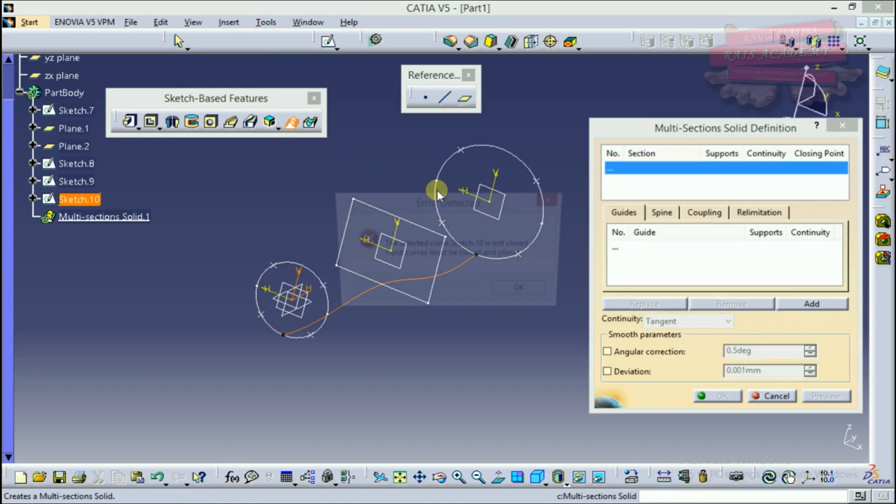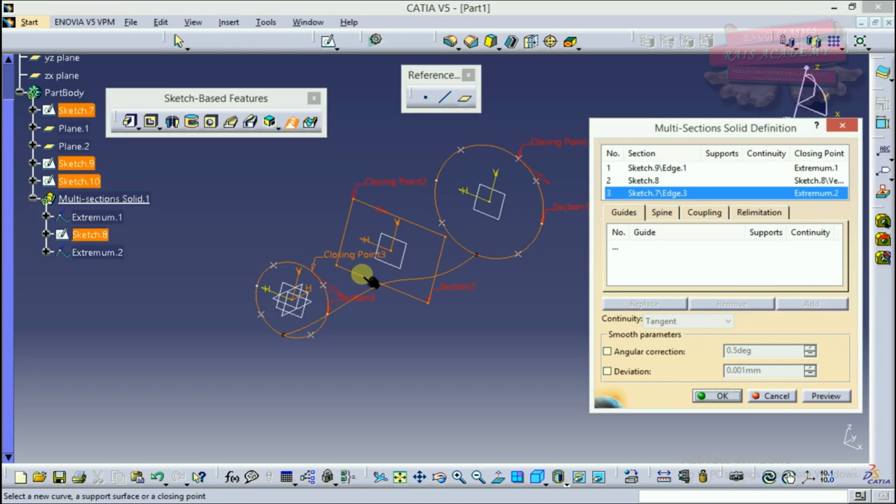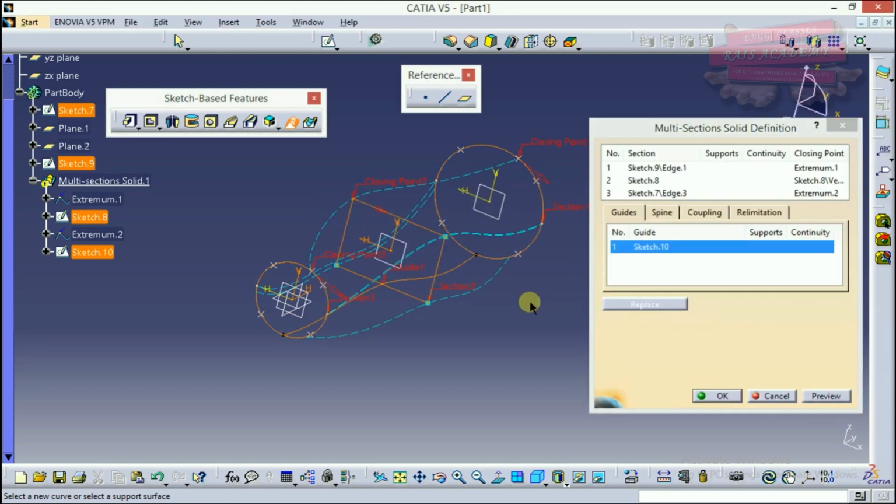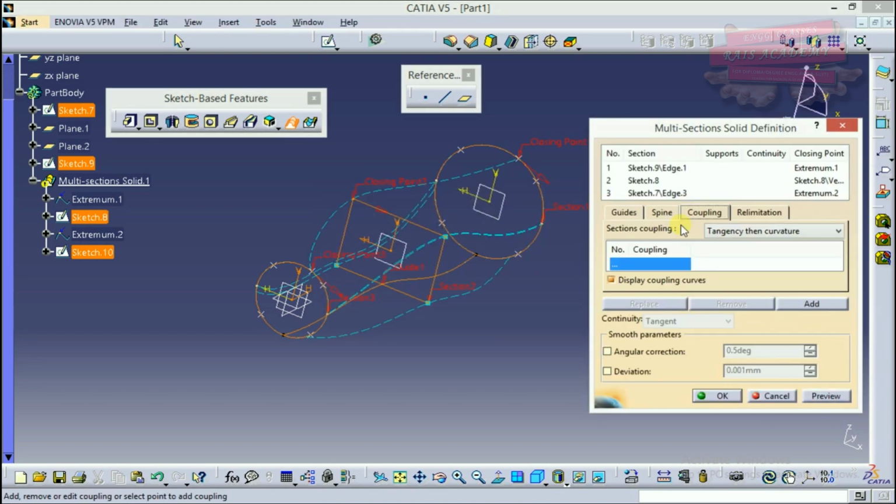I'll select the multi-section. I'll select my first, second, and my third profile. Okay, I'll select this as the guide curve, preview. From here I'll select ratio.